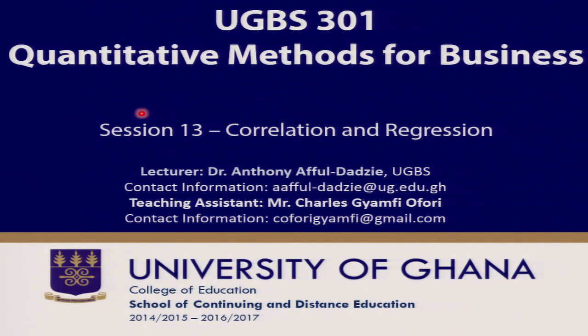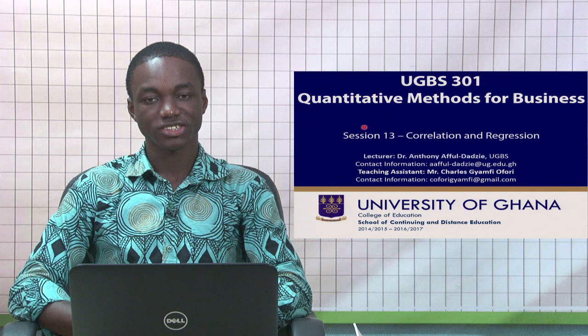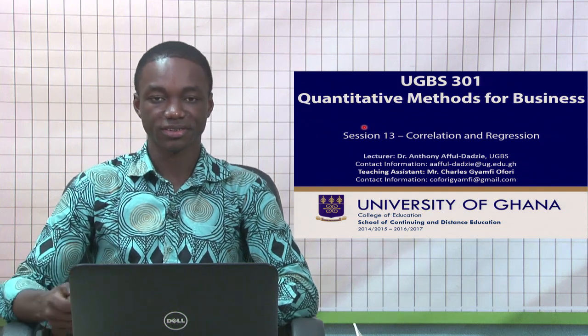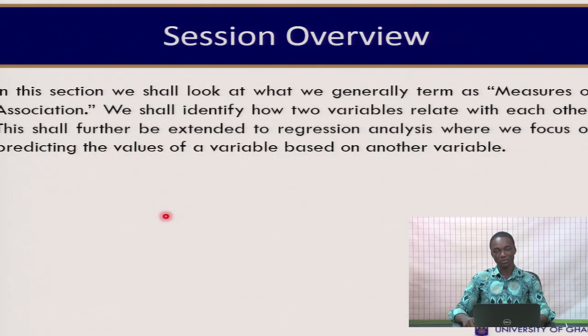Welcome to session 13, which happens to be the last session of UGBS 301. In this session, we are going to consider correlation and regression. These are what we call measures of association, and we shall identify how two variables relate with each other, and based on that, we would extend to regression analysis, where we would focus on predicting the values of one variable